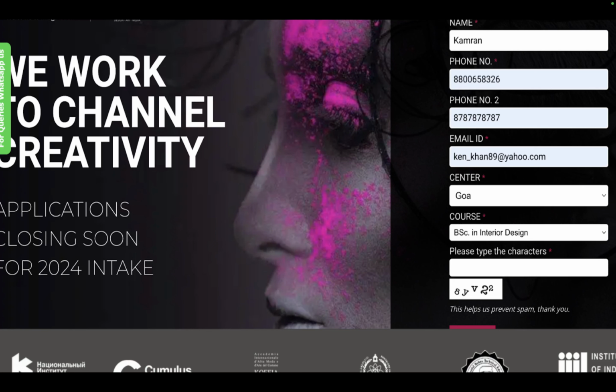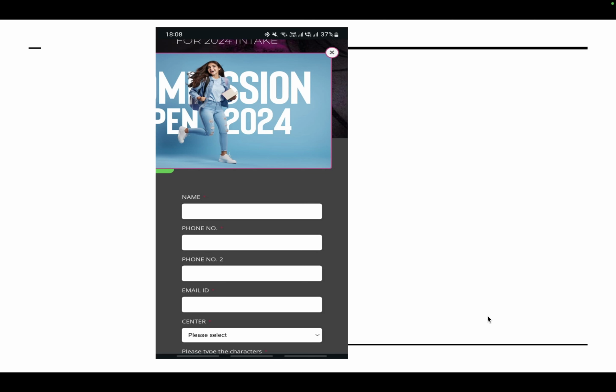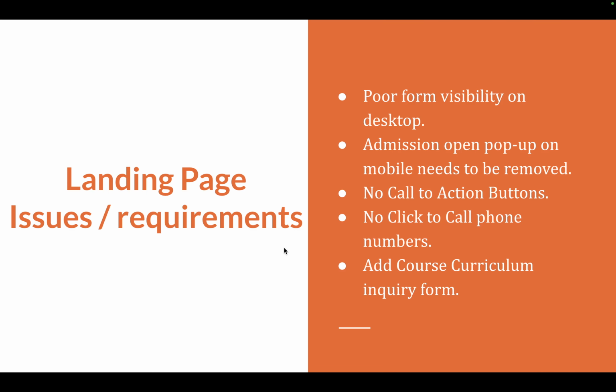So when this company gave me this project, I simply went through the homepage of the company. This was one of their landing pages, and I found they were having an issue with the submit now button. When I tried to fill up the inquiry form, this submit now button was not appearing to me. That was one issue which I captured in this website. Then I went through the mobile view of the website, and in this mobile view they were having this kind of pop-up, which was quite a hurdle for people to fill up this inquiry form. And then I went through the entire website, the entire landing page, and I added a couple